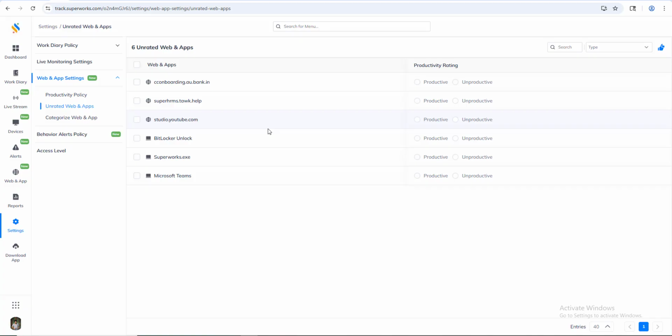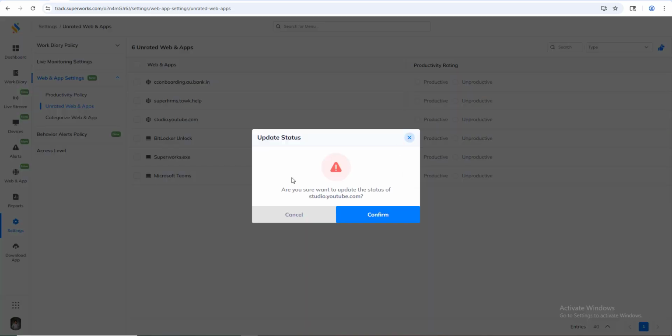This way it's unproductive for operations but productive for all other teams. Once I confirm this, the productivity policy updates accordingly across departments. This shows how unrated websites and department-specific policies interact seamlessly, giving managers full control over tracking productivity.